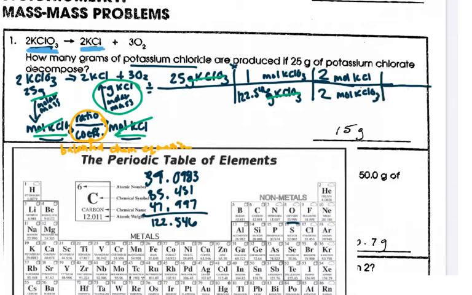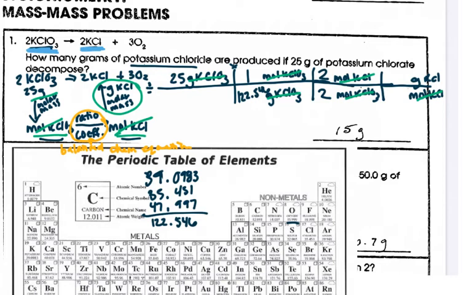So again, what goes on the bottom? The moles of KCl, and I'm going to switch to grams of KCl. And again, I'm just going to show you these cancel. Why do they cancel? Because they're the same on the top and the bottom. Moles of KCl cancel with moles of KCl down there. So we're just changing our grams of potassium chloride all the way through all these steps to get to grams